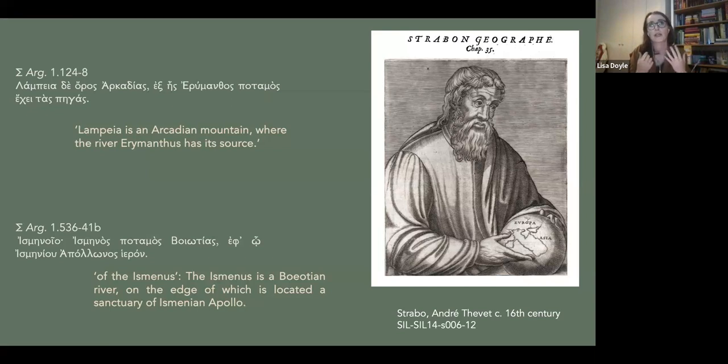Because the thing with Scholia is they are intertwined with the didactic tradition. A lot of the commentators who were writing these commentaries on these poems were also involved with teaching. And so you can find information in the Scholia that comes from various levels of teaching, but the cataloguing of these geographical features is kind of a hallmark of higher level education as well. So I'm going to come to that just next.